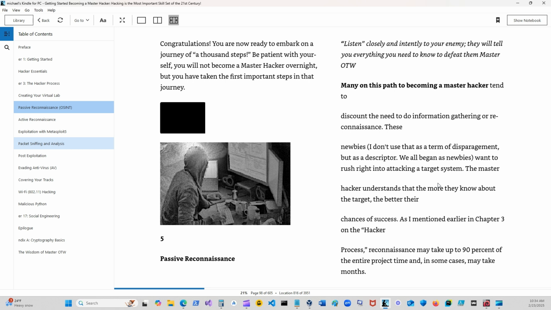How many there are, what formations they're using in their battle, what kind of hardware they have, tanks and all that stuff. It's the same thing, reconnaissance. That's the word. You send recon to go and gather intelligence on the enemy and bring it back. So the scout goes and scouts it out, comes back, and brings you information that helps you fight the battle. There's no difference. So passive reconnaissance only means that,